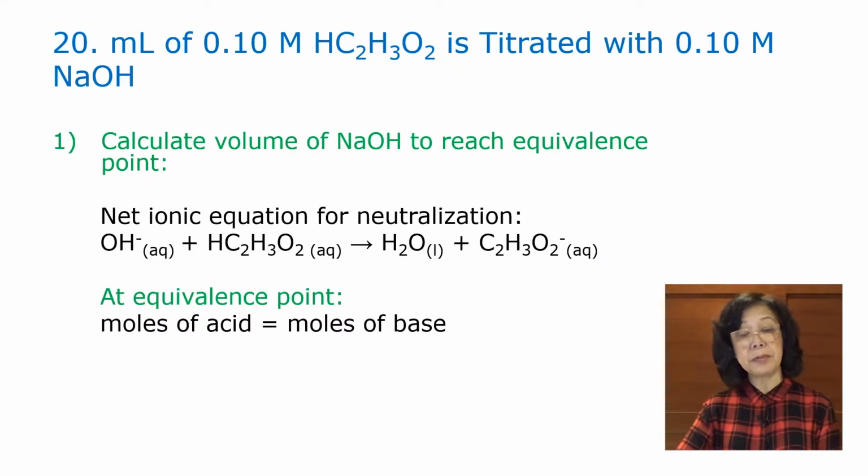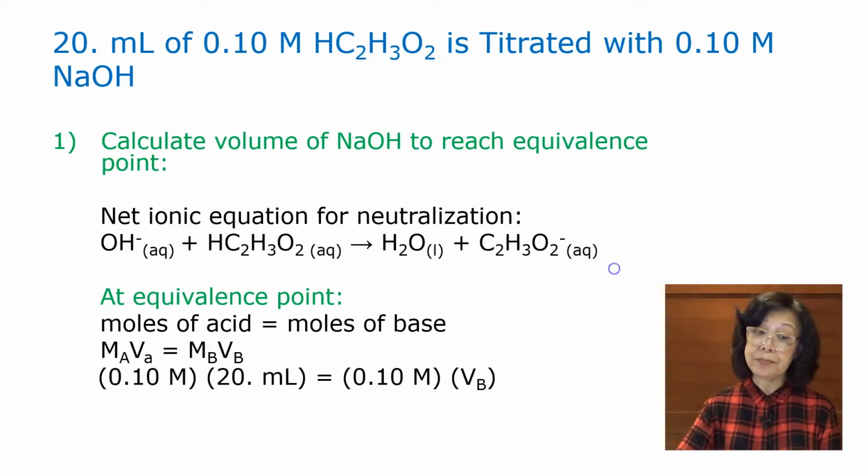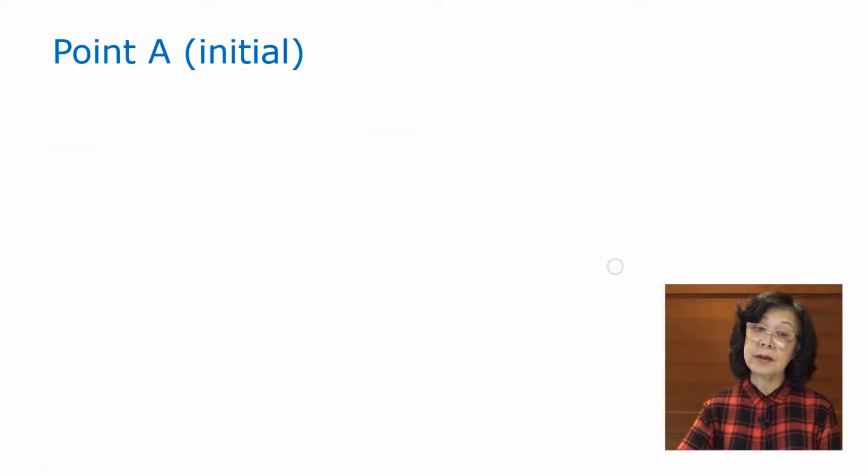Now at the equivalence point, stoichiometrically, moles of acid is equal to moles of base, so we use MAVA is equal to MBVB as a formula. Plugging the numbers in, we can now calculate the volume of the base to be added, which is exactly 20 milliliters. Okay, so now we're ready to calculate the 4 points along the titration curve